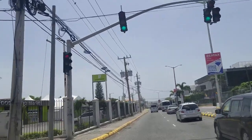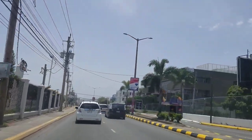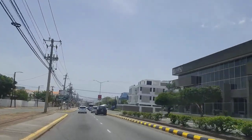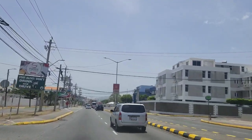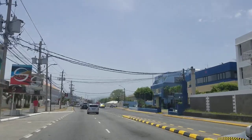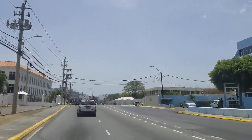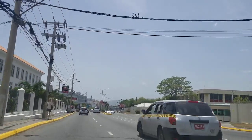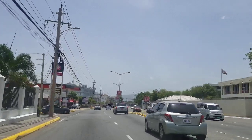Now this is a very strange or peculiar place to put a supermarket, but at first you would think so, but with all the developments going on, with these large buildings being built, maybe the supermarket will get more popular. Alright, on the right now is the British Embassy, known as the British High Commission or the British Council. On the left is the Spanish Court Hotel,